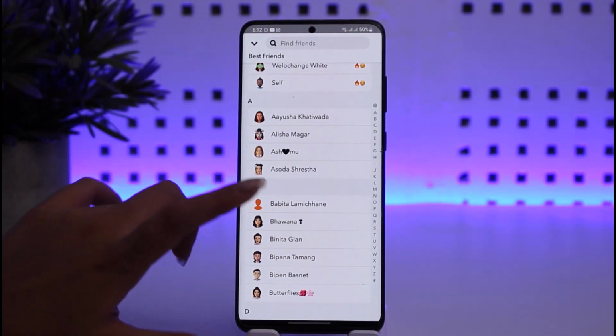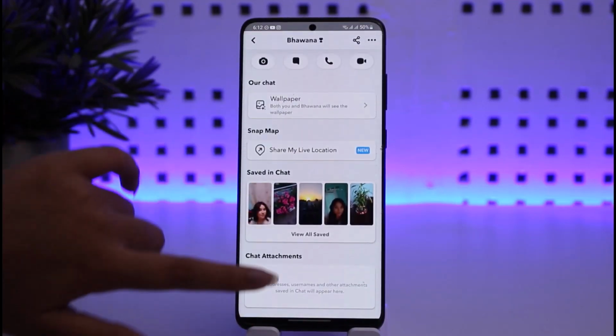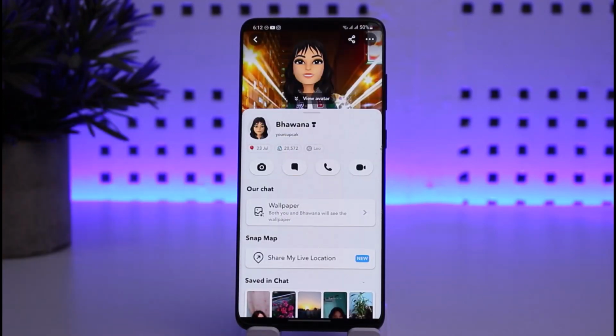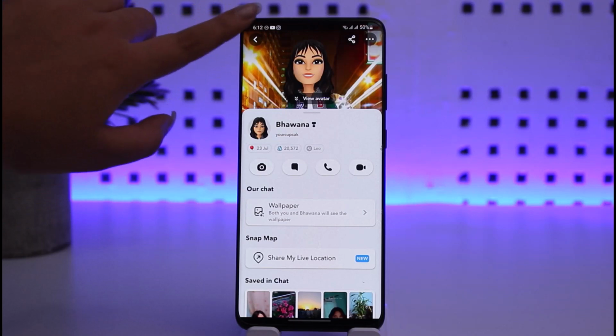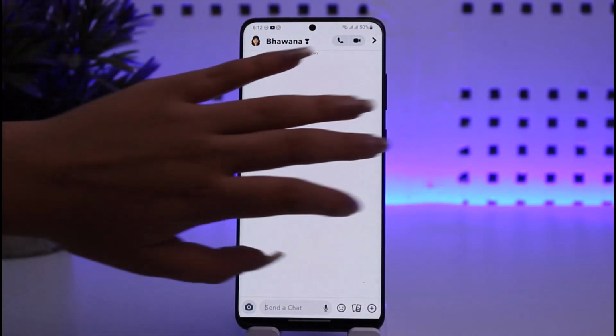If I tap on any random person's account, if I go to their account, I won't be able to see the mutual friends option. I can't even see their friend list because apparently it is a privacy option given by Snapchat itself as a privacy measure for your account. They have hidden it. So if they have hidden it, you cannot go ahead and check it, but you do have